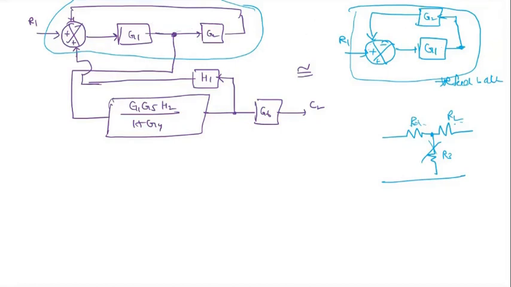This is one step. I'm going to change this one. Before changing this, I need to split the summing point. If you want to split the summing point, it is plus plus minus. So this may be written as the first symbol taken as plus plus, then the resultant will be given plus minus.